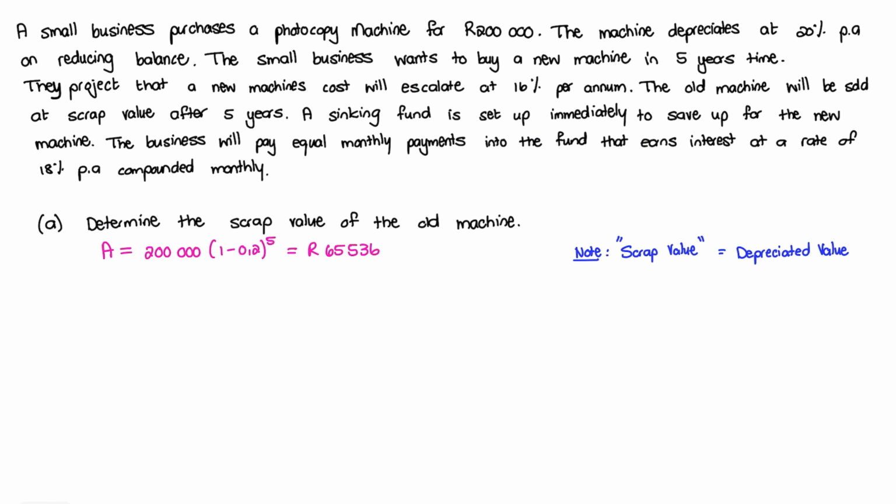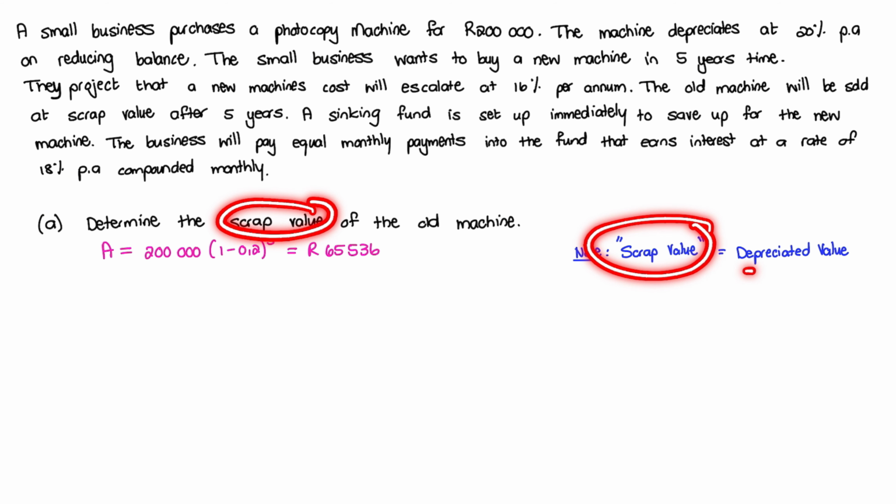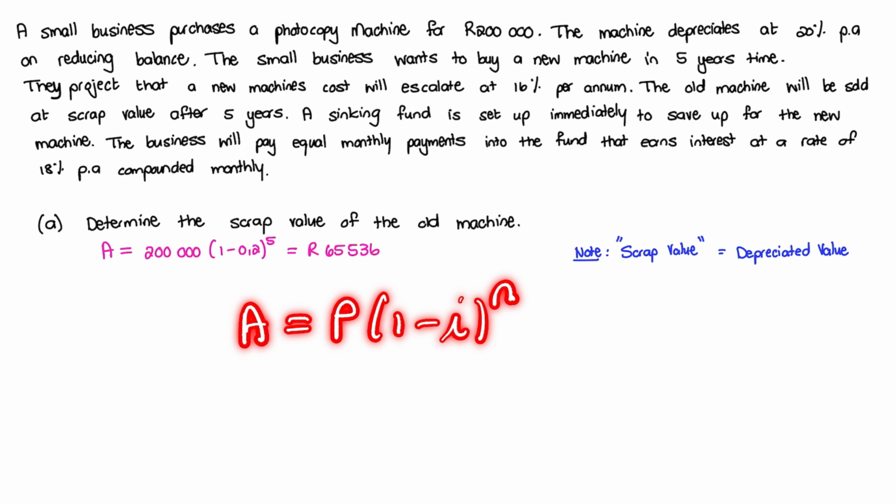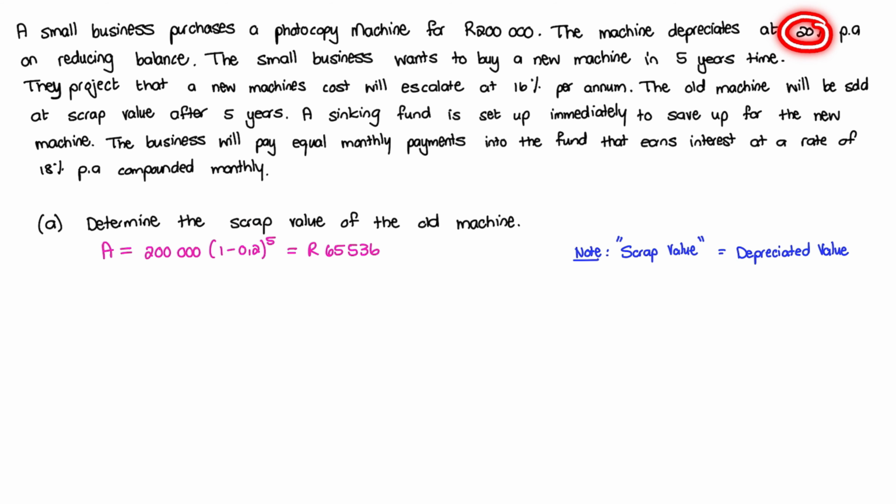The first question says, determine the scrap value of the old machine. Now the word scrap value is referring to the depreciated value. So we take the 200,000 Rand, which we have for the machine, and we plug it into our equation for reduced balance depreciation. So the i value here is 0.2 because in the information they say the machine depreciates at 20% per annum. So that is the 0.2, and we are working out the value of the machine in 5